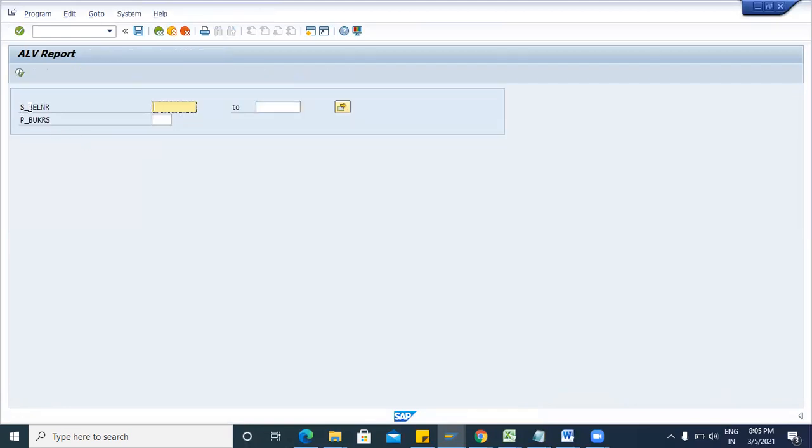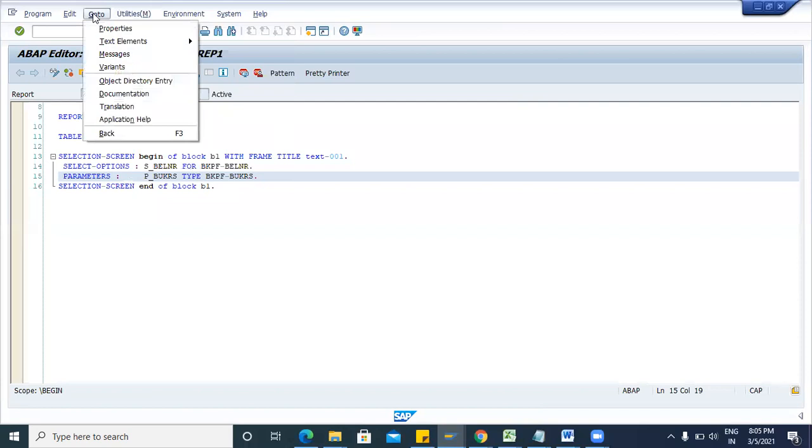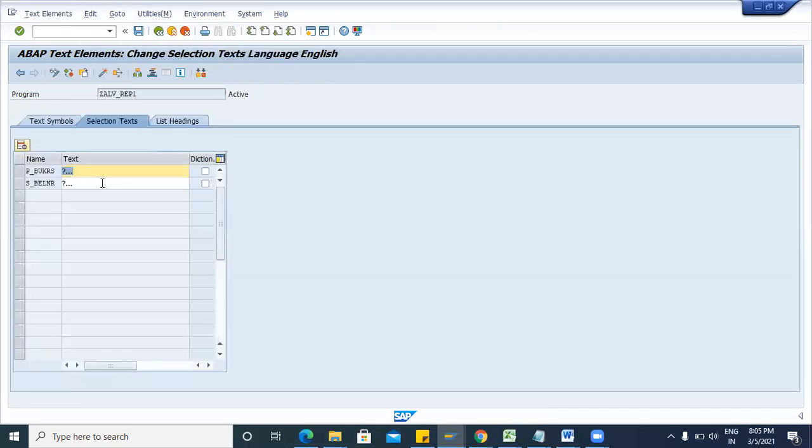Like I want to show here accounting document number, then company code. Go to text element, selection text. Then here you can change the name, company code.